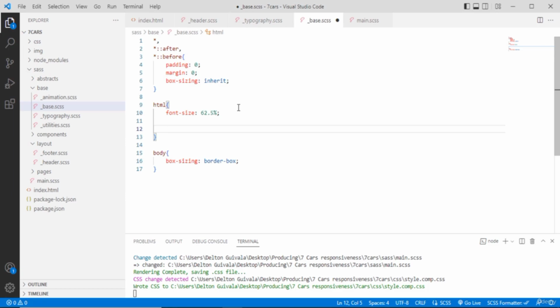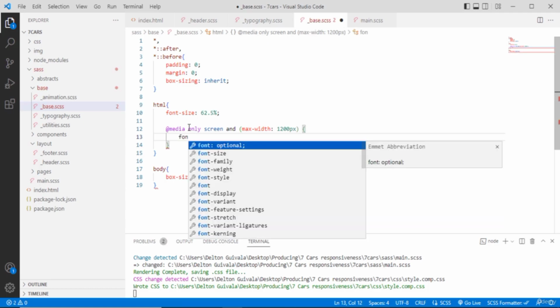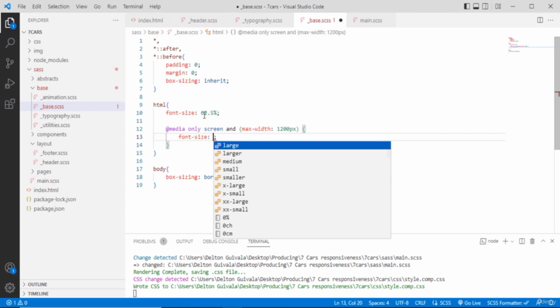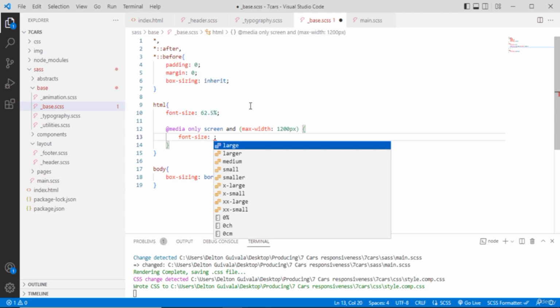In our base, we're going to say @media only screen and the maximum width is less than or equal to 1200 pixels. What I'm going to change is the font size. Now it's 62.5% of 16, which is 10 pixels. I want to reduce just 1 pixel, which is going to be 9 pixels, and this is equal to